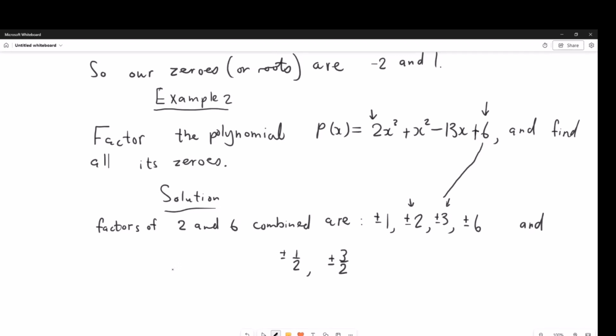The rational zeros are, the factors are this, and the rational zeros are,